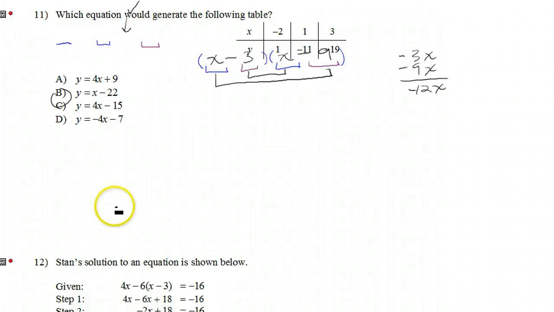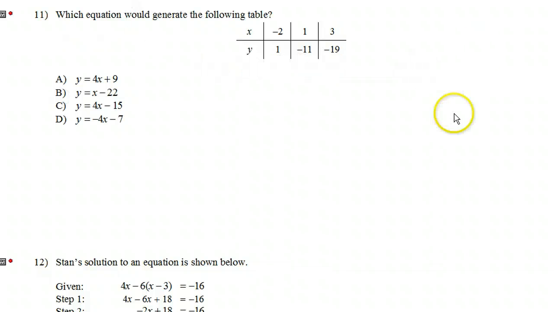For number 11, it says which equation would generate the following table, and then gives us a bunch of points, x and y's. And so remember, every point on a table is the same thing as a point on a line, which is the same thing as a solution. So really all we have to do is plug them in and make sure that these are all solutions to